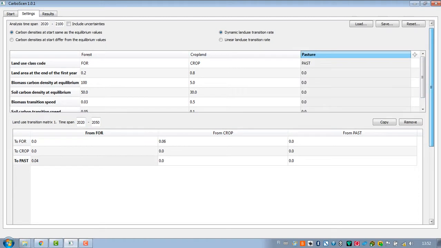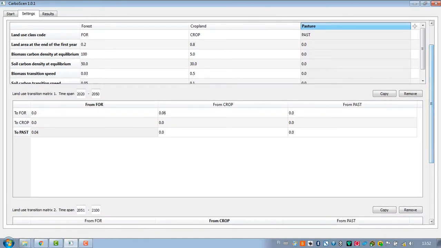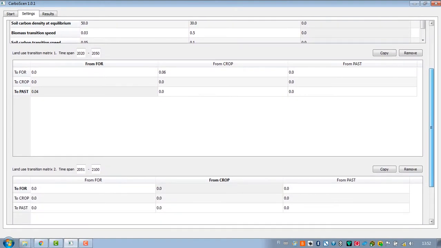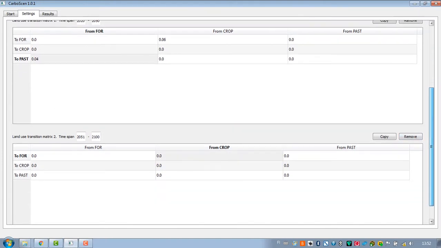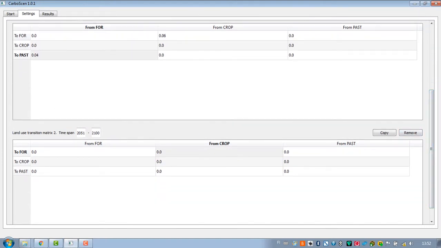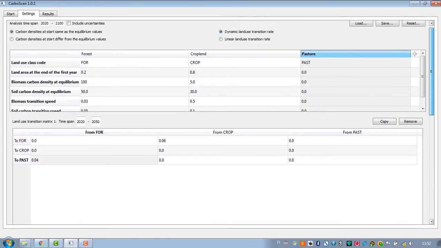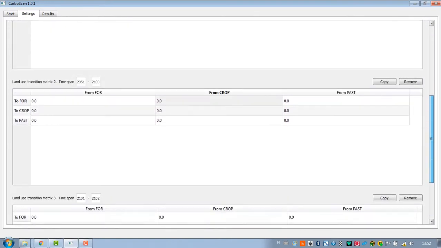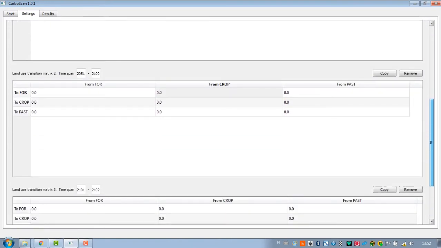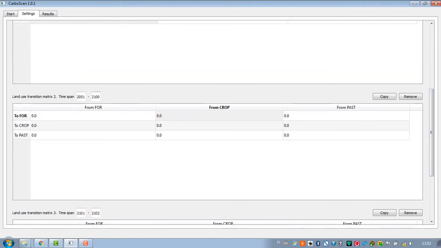Yeah. What about there's a button named copy? Yeah, that's right. So in the default there are these 2 land use change matrices, but if you want to add periods or time spans, you click copy, and now we have 3 of them, and you need to adjust the years. This could be, for example, the middle one could be now for